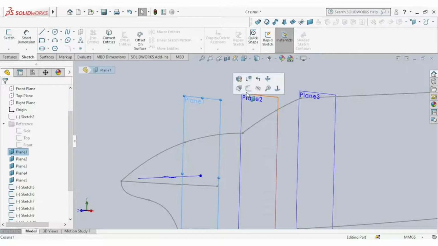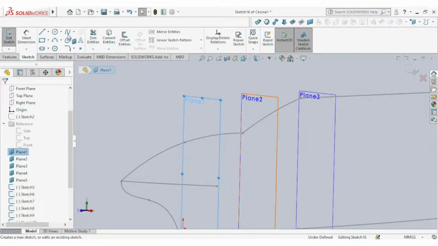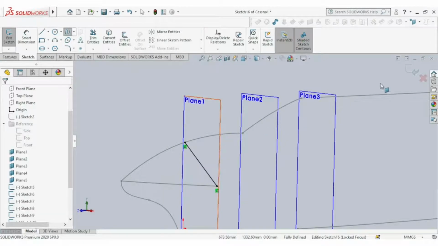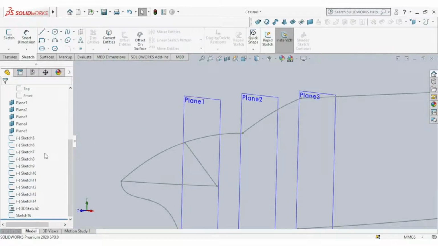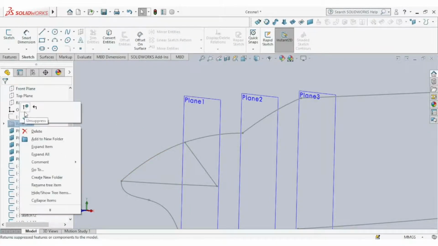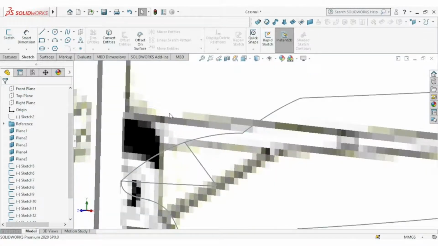Select the first plane, go to sketch, pick this plane, this point and that point, exit, and bring back the reference.